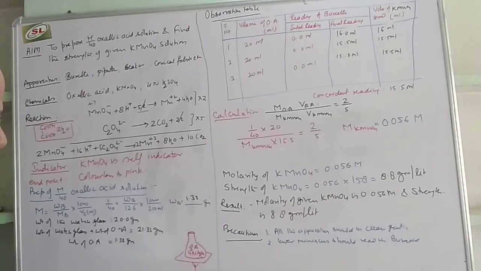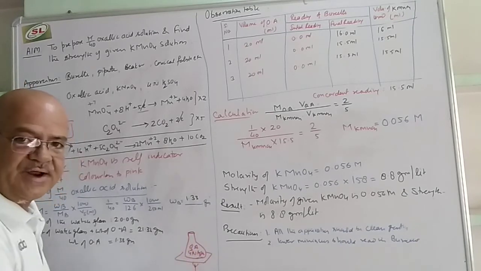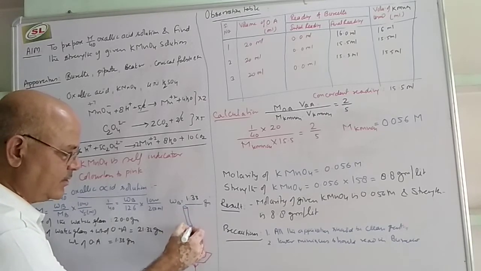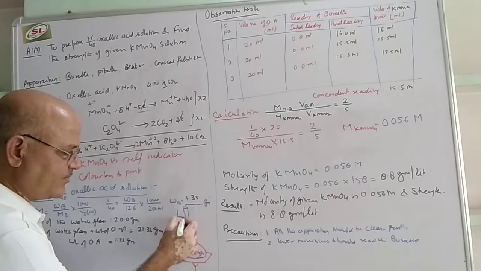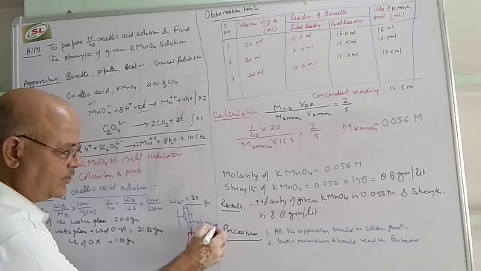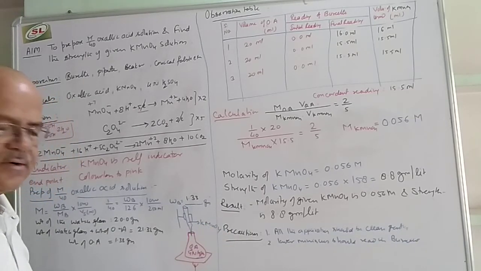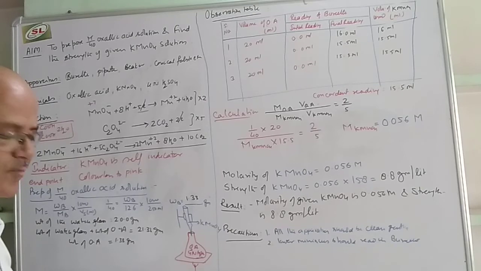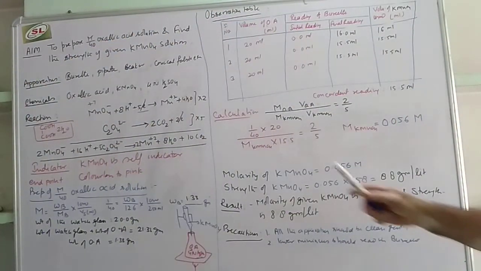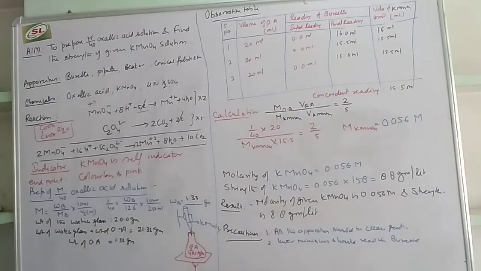After doing the experiment, here we should be very careful that in the conical flask we will take oxalic acid and 4N H2SO4 and we will heat it, and KMnO4 we will use dropwise from the burette. Oxalic acid and 4N H2SO4 should be heated slightly, and then after that we will do the titration. After that we will write the observation table.